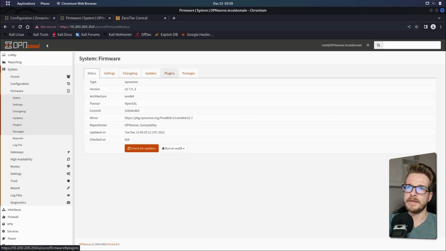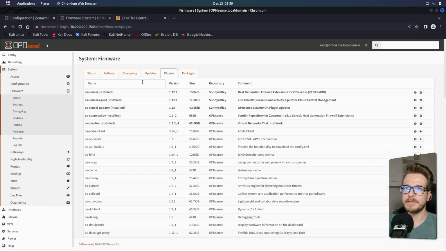And then once you've done that, you're going to head over to your plugins and you're going to look for os-zerotier. I've installed that already. Very simple to install it. You just click the little install button. And then I also have my Zenarmor plugins installed as well, which I've showed you guys in